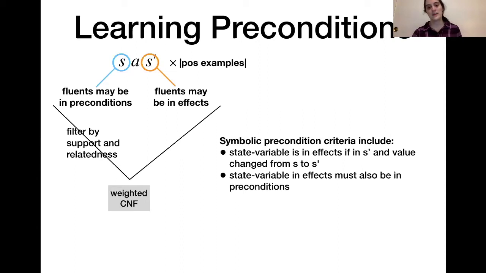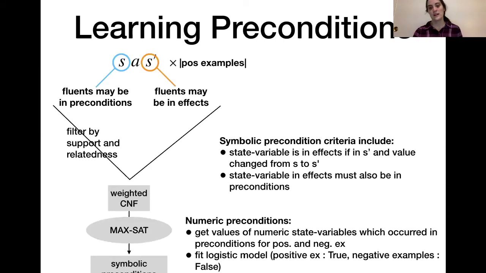And if a state variable is in the effects, it has to also be in the preconditions. So by solving that with maxsat, we output these precondition fluents,